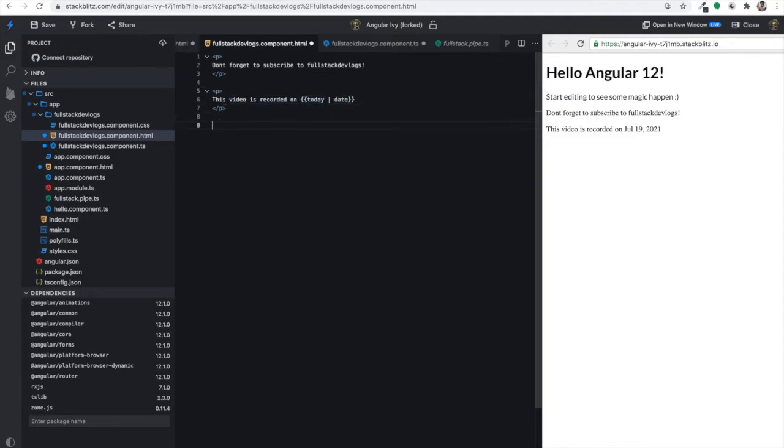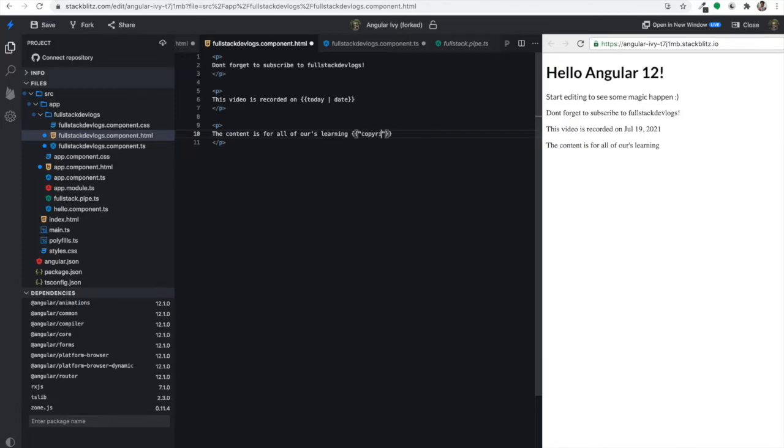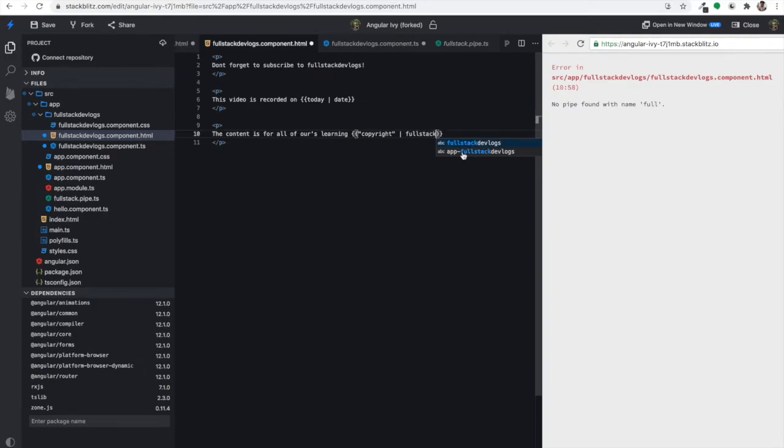Now, to understand quickly how to use this pipe, we will take a new paragraph here, and now I will say in a string, copyright. So I will pass a string as a property, and directly from here I will say copyright, right? And it says copyright. But I want to transform this copyright every time. How can I use the pipe right now? Can I say pipe full stack? Yes, I can obviously say it, but